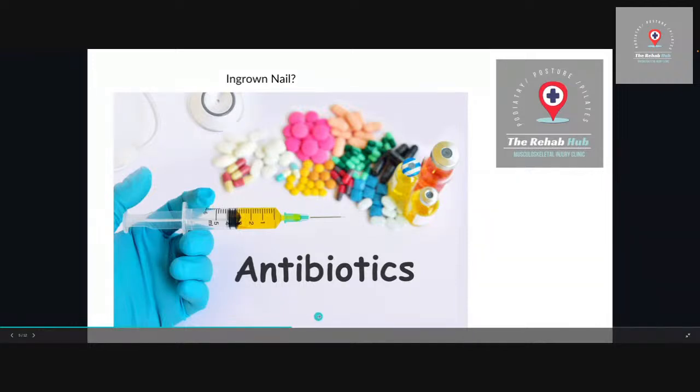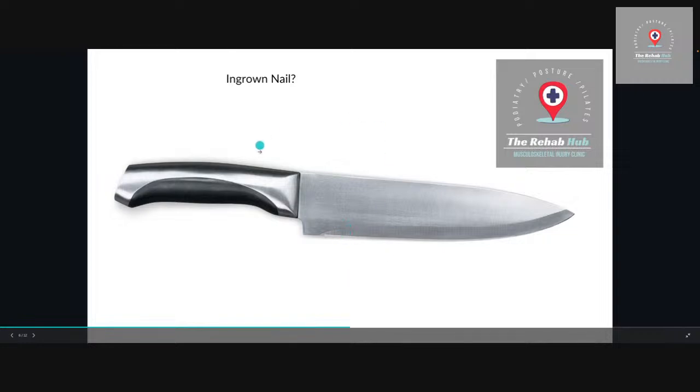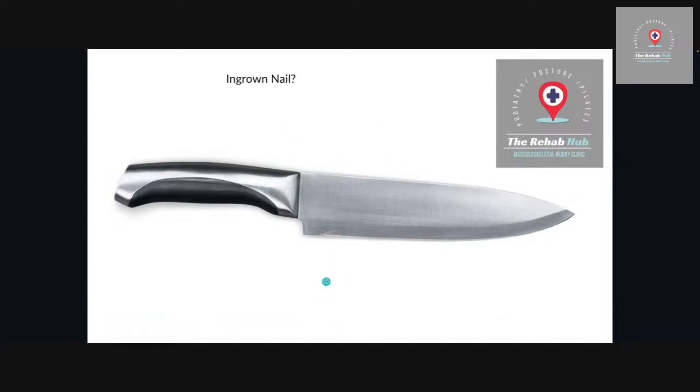Right, we alluded to this in my last presentation. We spoke a little bit about antibiotics and the use of antibiotics with an ingrown toenail. I'm not saying they don't have their place, they of course have their place, but they shouldn't be the first line unless there's an absolute reason that they need to be. And this is usually what people will go on. They've got an infection and they'll go on antibiotics, and it's not always necessary,